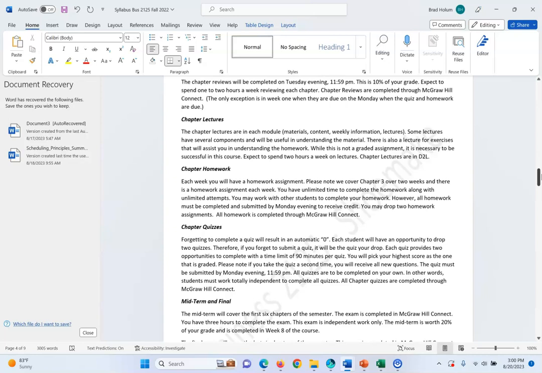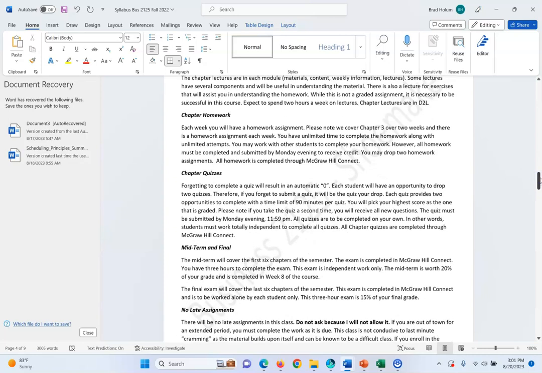They are very helpful. They will be helpful for you to understand the material, to possibly learn, help with your homework. It's not a graded assignment, but it clearly will provide you with a lot of beneficial information in this class. The homework, you can work with other students. I have a discussion board set up for each chapter. So you can ask questions and you can work with other students and answer student questions. Please utilize that